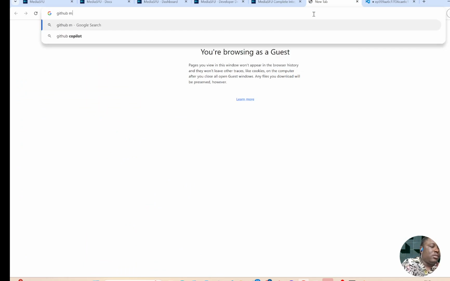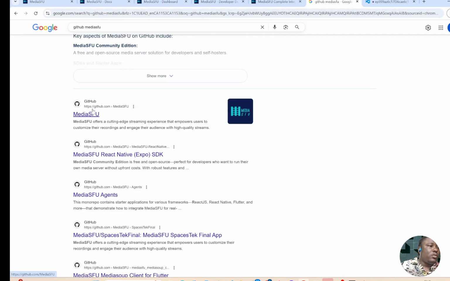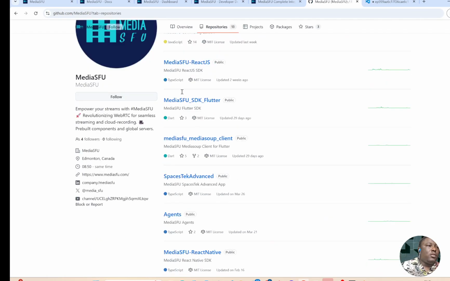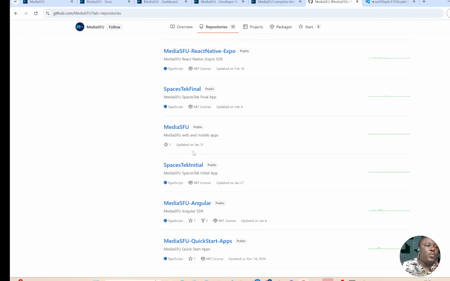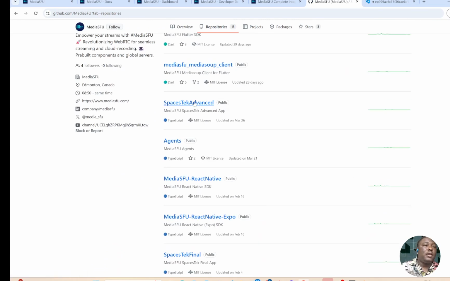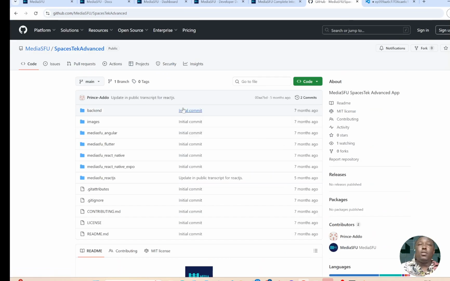GitHub, MediaSFU, and you go to the Spaces Tech project. It's an orchestration of initial, final, and advanced. You're going to have